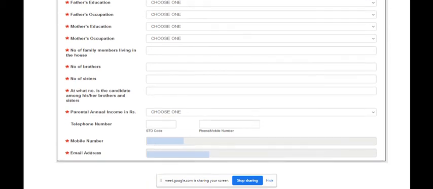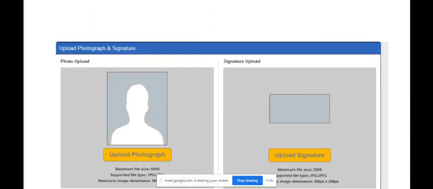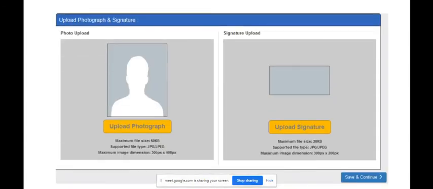Then after filling this one, the next part, you have to upload your photo and signature. While uploading your photo and signature, the size of the scanned photograph must be less than 50 KB, and the signature file size must be less than 20 KB.